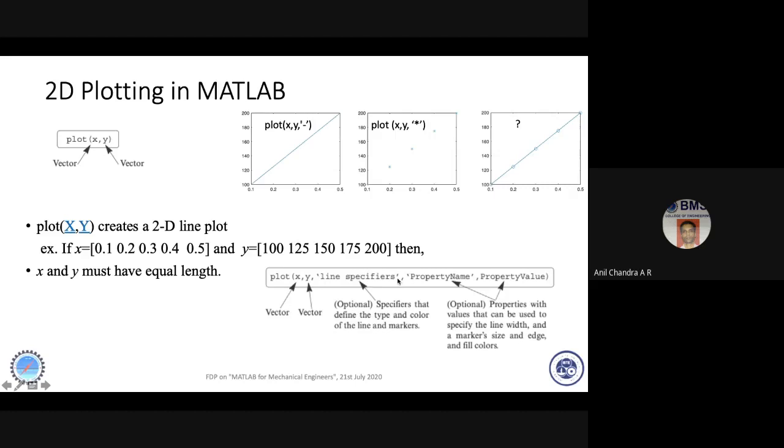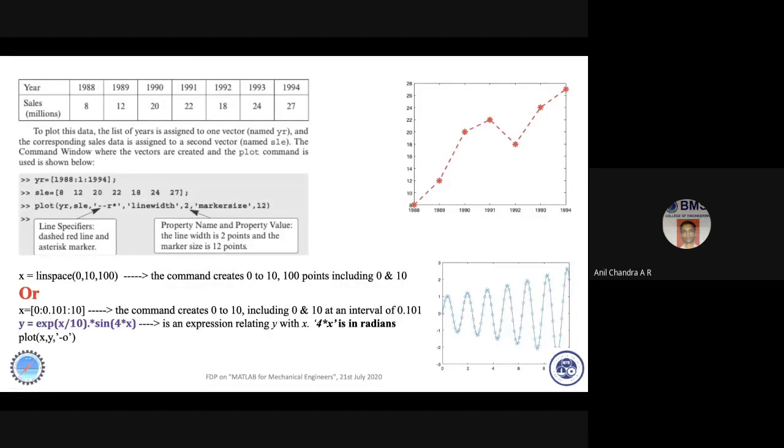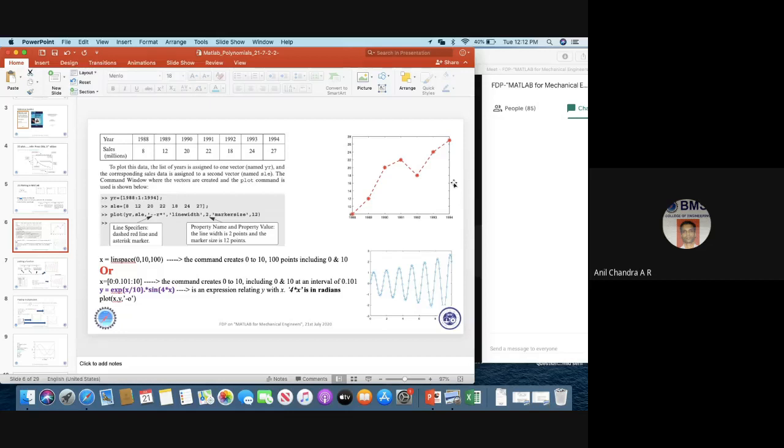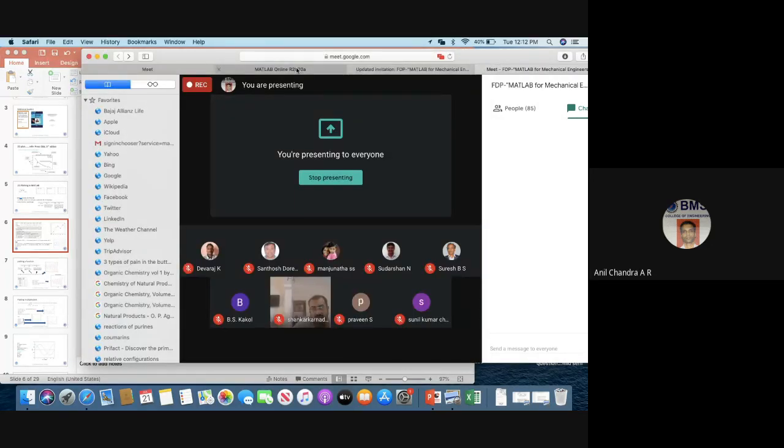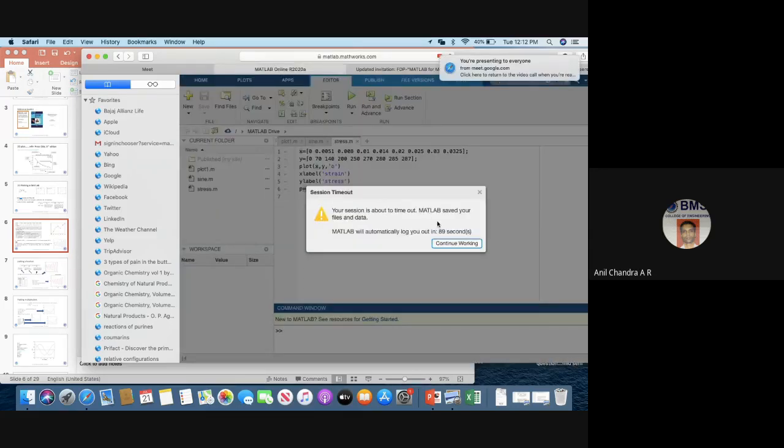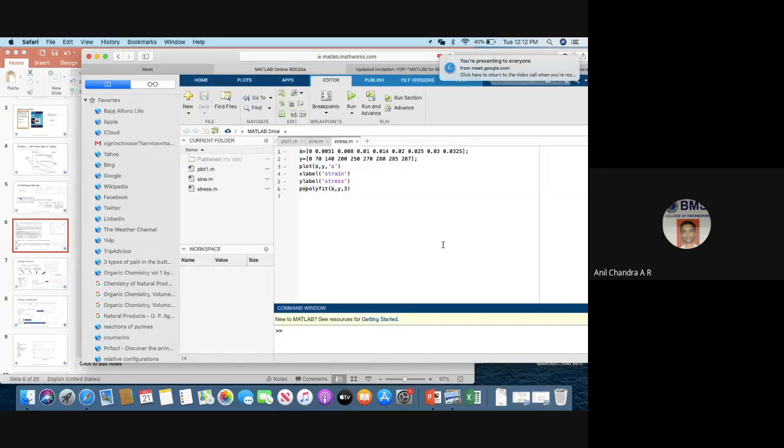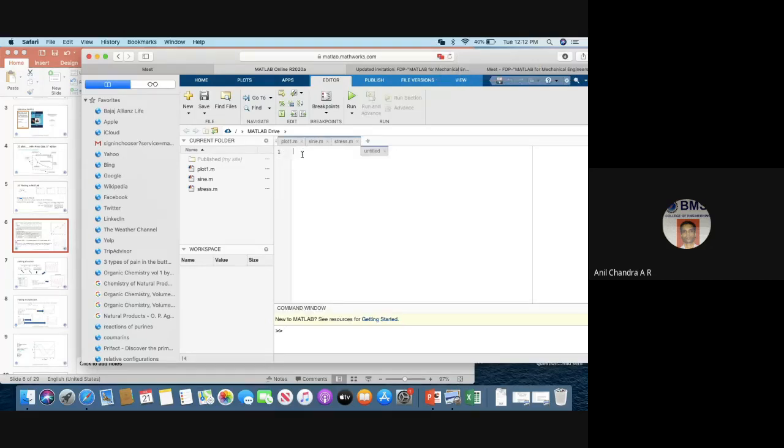So if you look at an example that we have done, what I will do is I will just copy paste this and run it in what I use, which is online MATLAB. Okay, so this is online MATLAB. You need to have an account and open a script. This is easy. You can try with me, right?